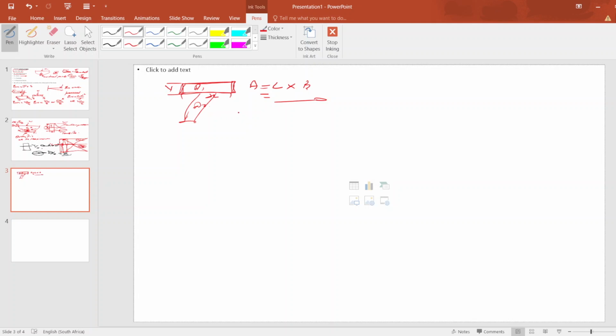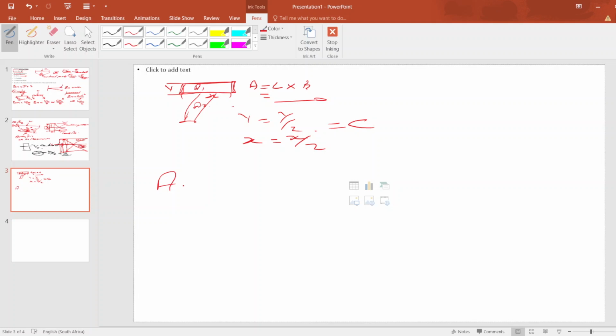Now it will be y divided by 2, and it will be x divided by what? X divided by 2. Then you get what? You get your centroid. But the fact that you are having compounded beams there, you will then use the area